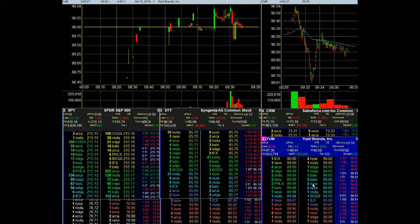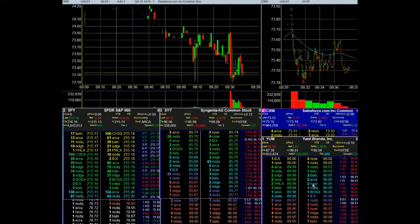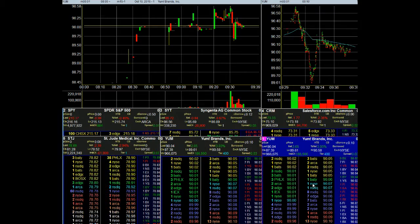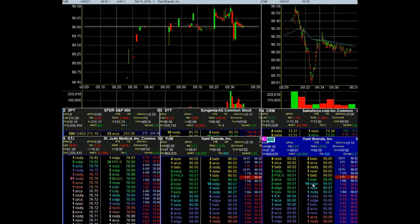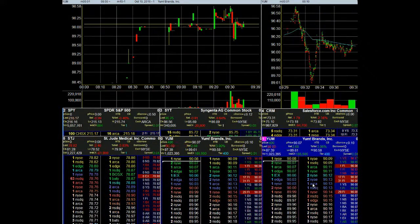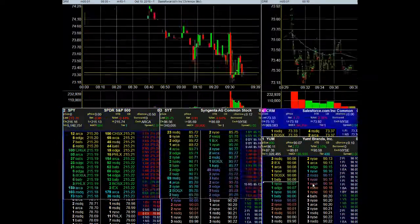So Yum just gapped up and I'm watching to see if it has some follow through to go back up. And right here it just opened and shot down, then bounced back up and looks like it's doing a mini bull flag. So I bought in